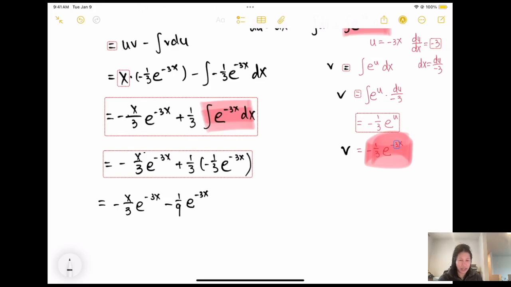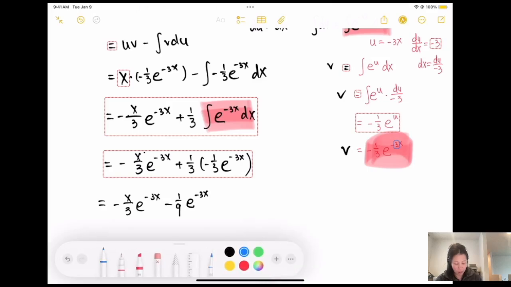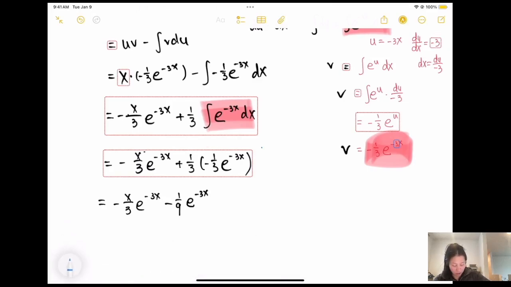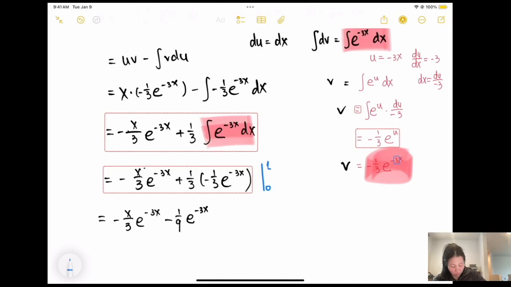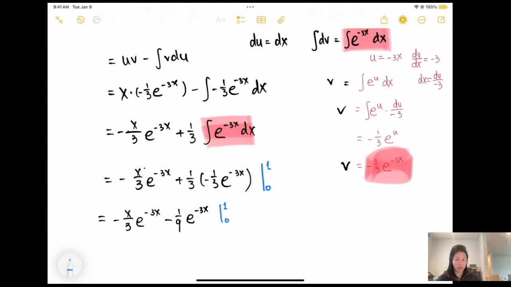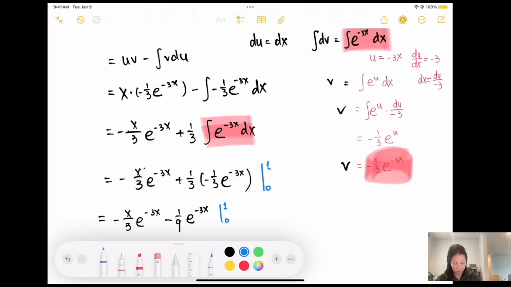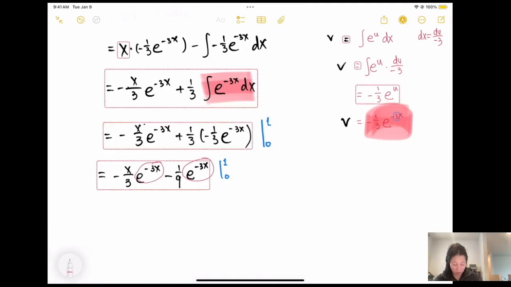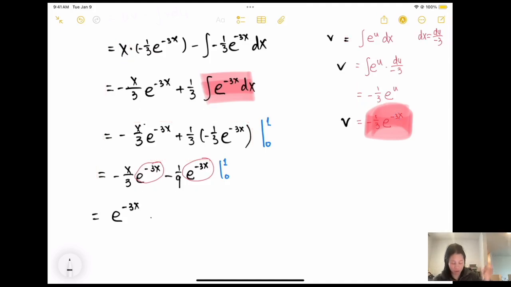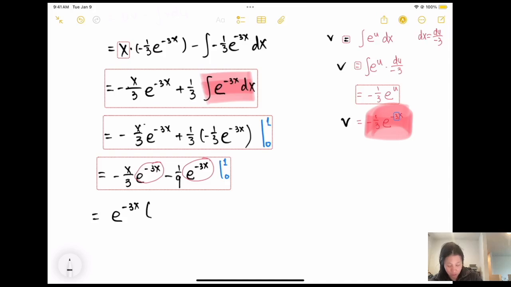Again, I want to clean this up a little bit before we find the definite integral, because at the end, after we're done, this should be evaluated from 0 to 1. But before we do this, I want to clean up the answer a little bit. The first thing I can clean up is they both have a common factor, e to the negative 3x power, and then I have